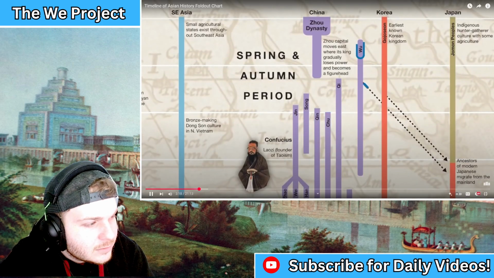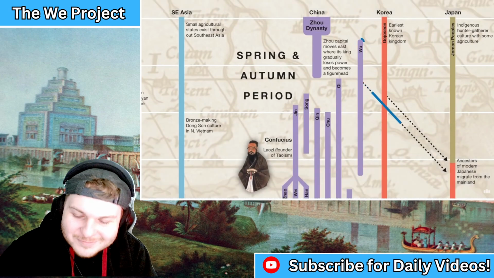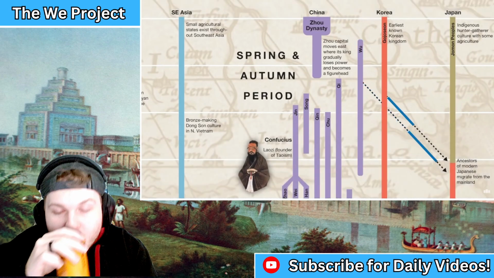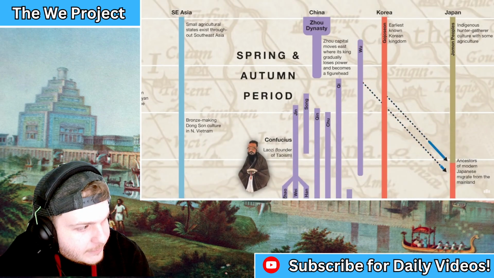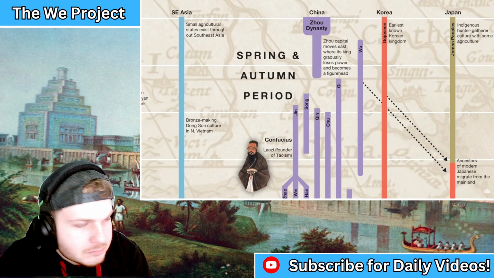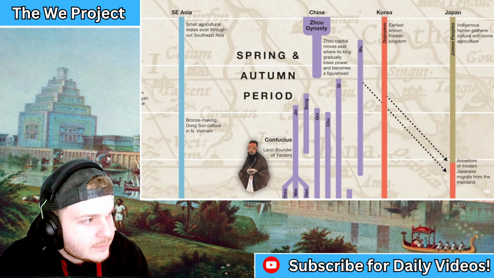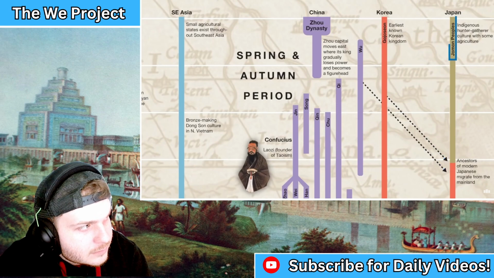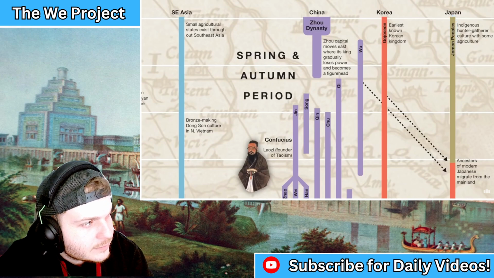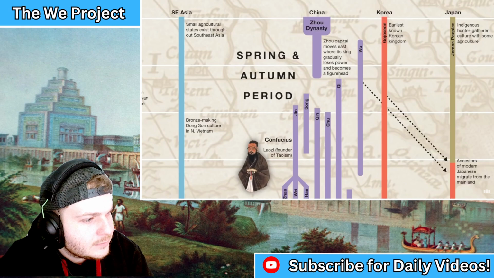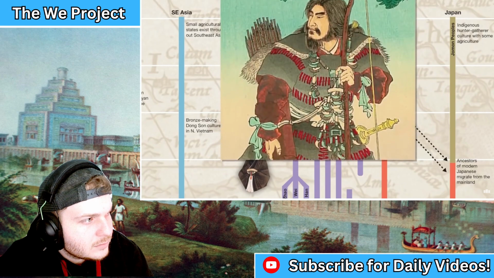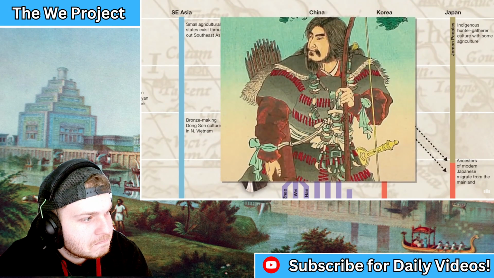It is perhaps from Wu, as well as the ancient Korean kingdom of Gojoseon, that the ancestors of the modern Japanese came. Originally, Japan was inhabited only by the indigenous Jomon peoples, but during the Chinese Spring and Autumn period, settlers from mainland Asia arrived, and it is from these settlers that most Japanese people today descend. Interestingly, it is also at this time that the first emperor of Japan, Jimmu, is thought to have lived. However, most historians see Jimmu